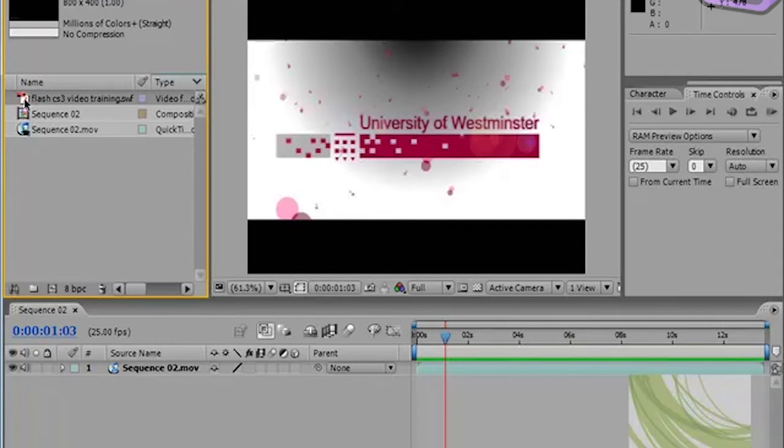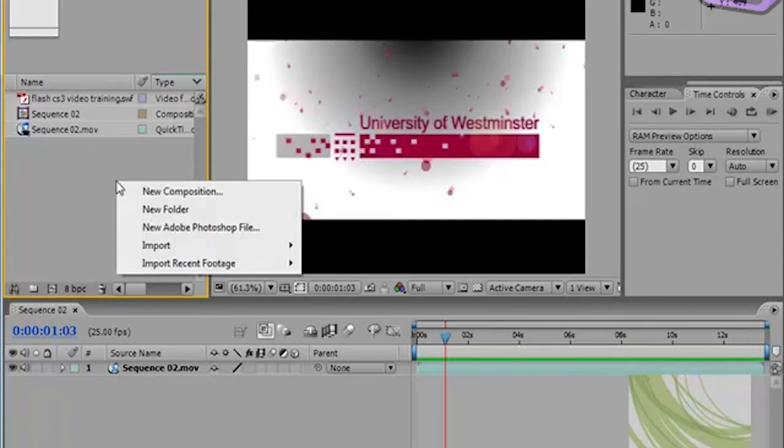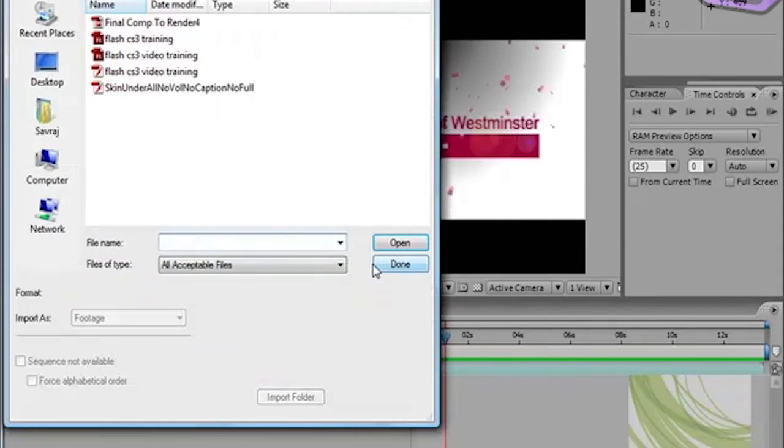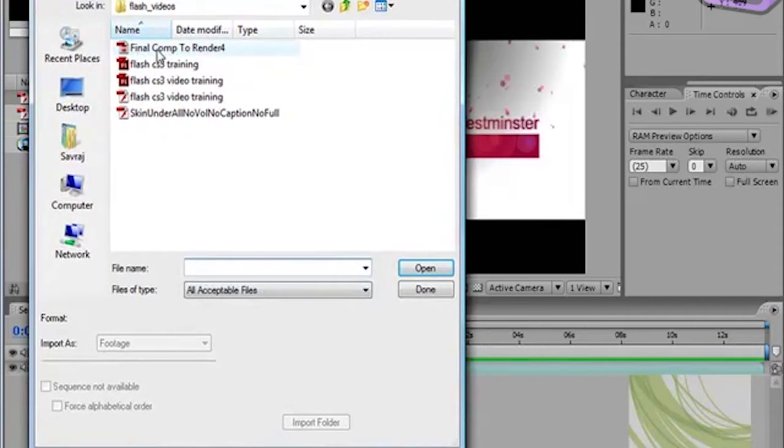All we then need to do is drag that file over there, but I'm not going to do that yet, so I want to import a few more files. Notice that I basically closed my window. However, if I wanted to open a few more files and continue to do this, a better way would be to import multiple files. So if I right click and go to import multiple files, it now gives me the option. If I select that again, I select open, and now it's going to give me another option to import another